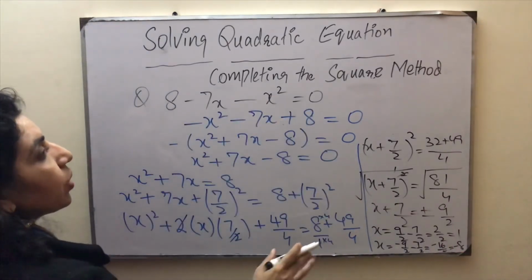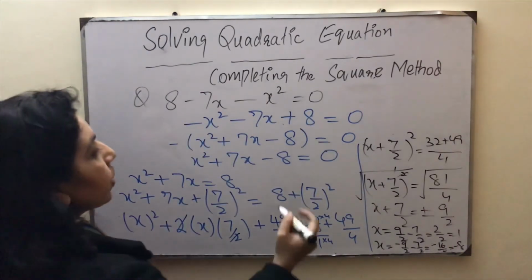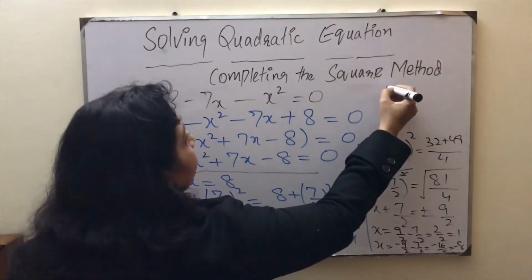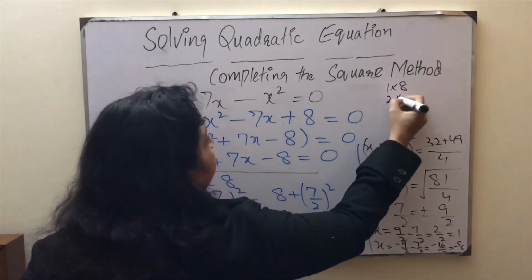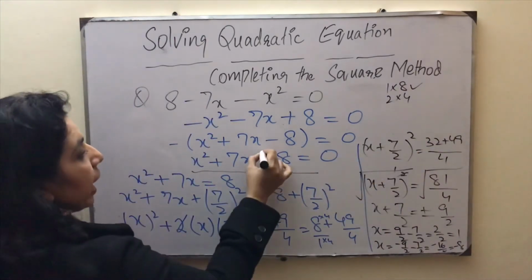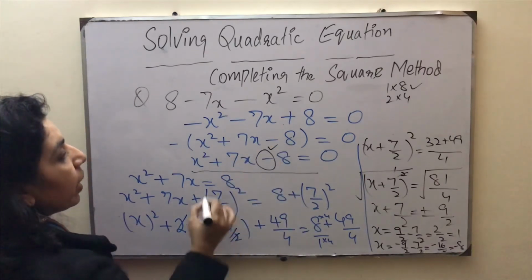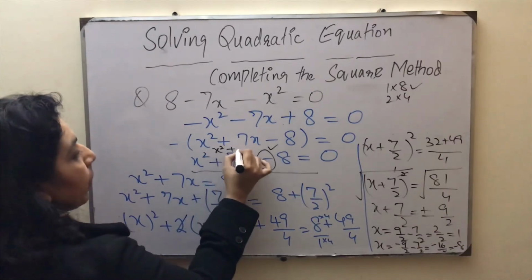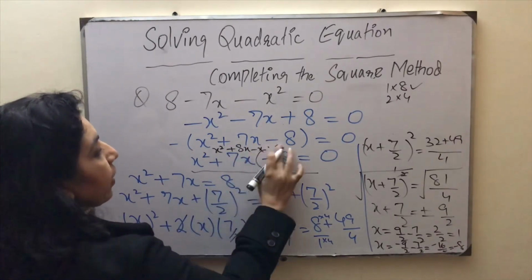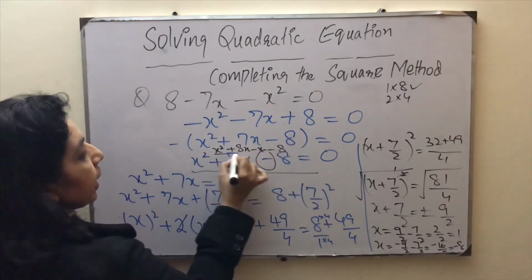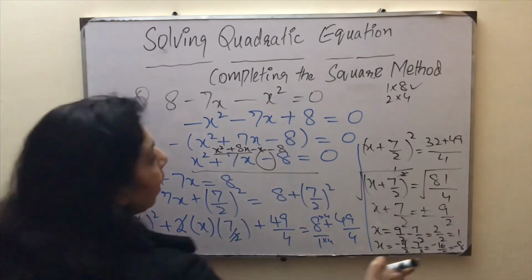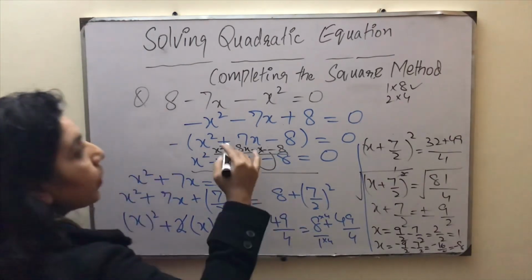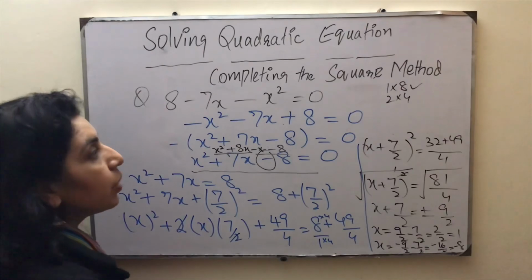Okay, this is the completing the square method. If I apply factorization on this question, I shall start from here. I shall make the roots, factors of 8, which are 1 and 8 and 2 and 4. I shall select this pair because I have to subtract and my bigger factor should be positive. So I can easily write it as x square plus 8x minus x, which will give me 7x minus 8, and you can see from here I can have the root minus 8 and from here I can have the other root 1. So on this question, completing the square as well as factorization are both applicable.